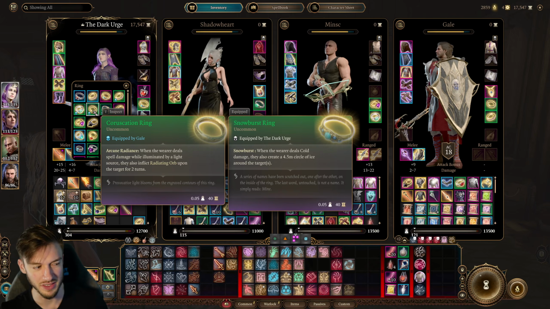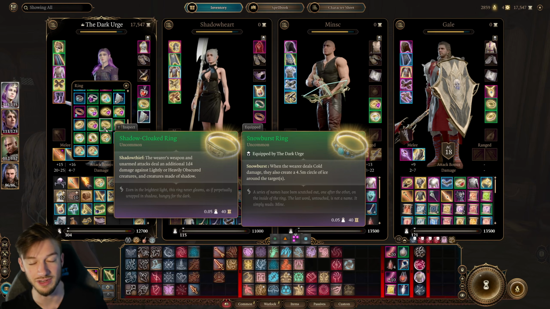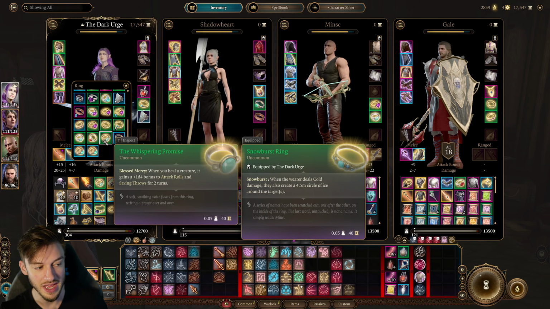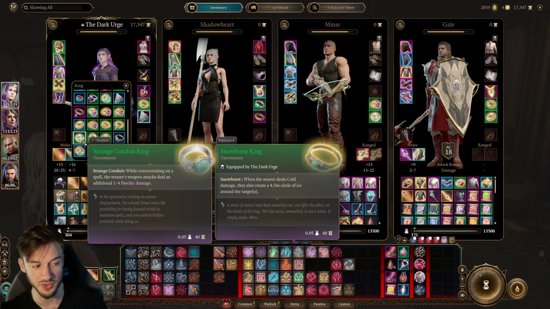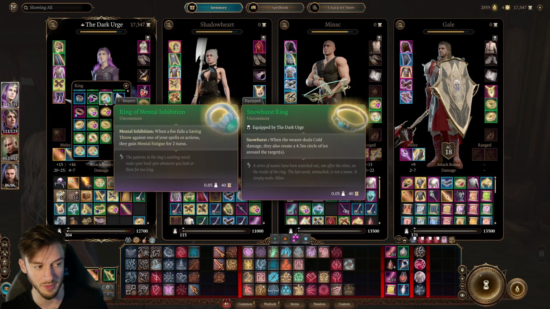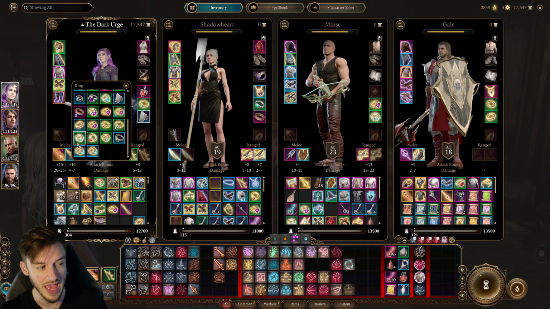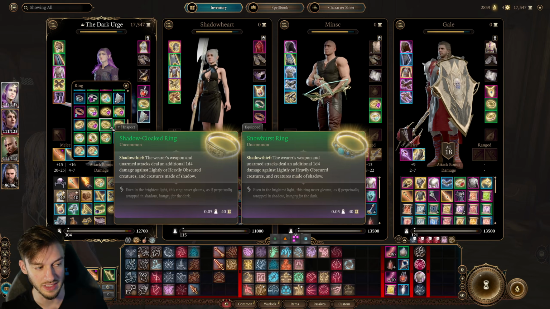I really like the Radiating Orbs, but it doesn't fit thematically for this build. So Caustic Band for a little extra damage. Shadow Cloak Ring because you can use Darkness to boost up our extra damage. We also have the Strange Conduit Ring to do additional psychic damage if we're concentrating on a spell. Ring of Free Action, move around a little bit more, and Ring of Mental Inhibition. Whenever the target fails a saving throw, they get Mental Fatigue for 2 turns. That's pretty fun as well, but I'm going to go with the Shade Cloaked Ring